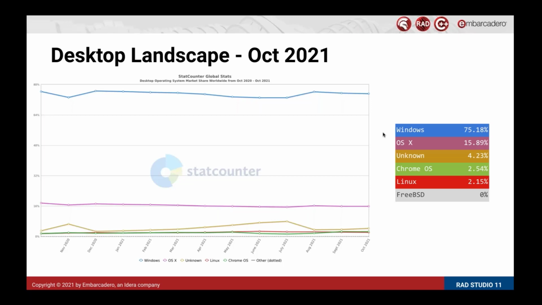Now, I know when I was talking to David, he said, "Oh, there's a lot of Chrome OS now in the Nordics, around the schools." And you can actually see, very recently, just at the bottom there, Chrome OS has overtaken Linux as a desktop choice. So that's an interesting thing to keep an eye on, but it's still very small numbers. Less than 5% of the market is Chrome OS and Linux combined. So it is still quite a small number. Windows is the main platform to be worried about.